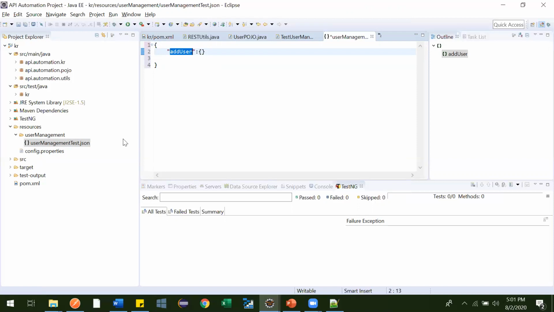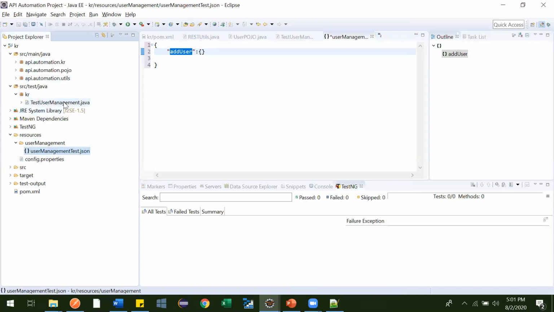Under this user management test class, whose name we will change later, we will be writing all our methods: at the rate test create user, update user, delete user, get user.